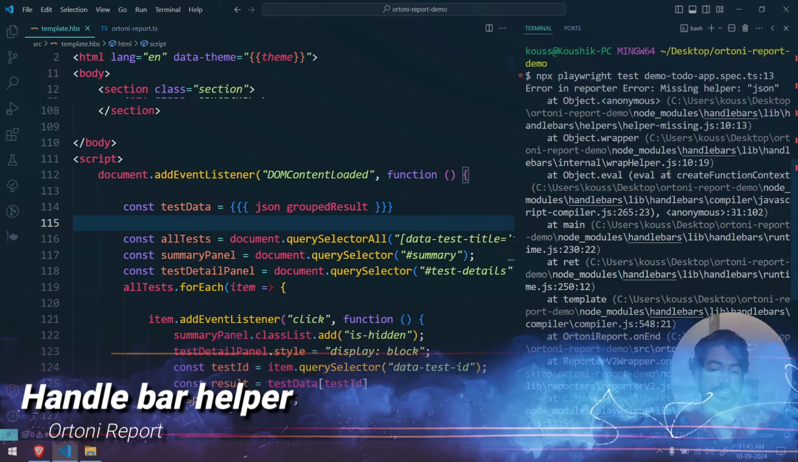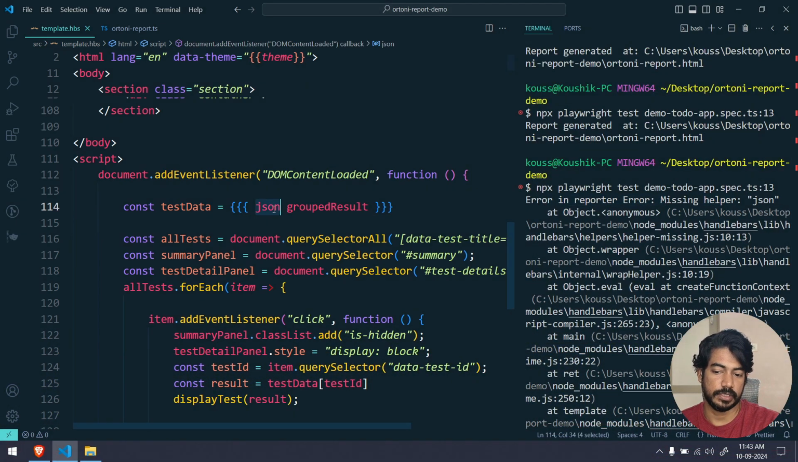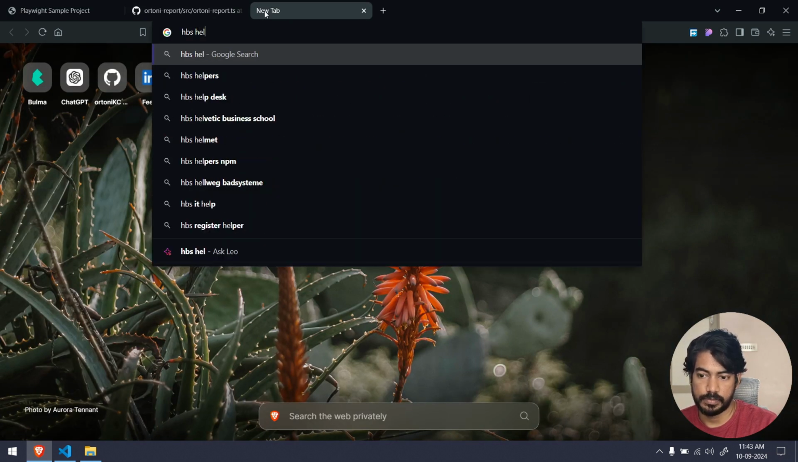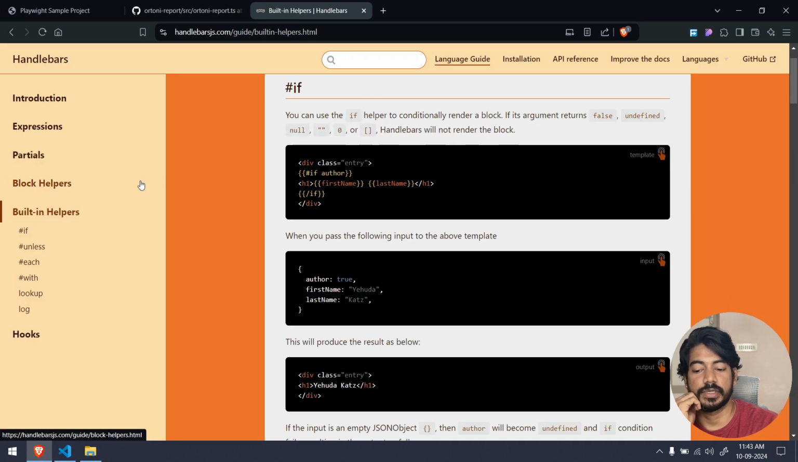Yeah, now you can see we got an error. It says error in reporting: missing helper JSON. So this is a helper. Let me show you the documentation of the HBS helper. So if you want to do something, right? So for example,